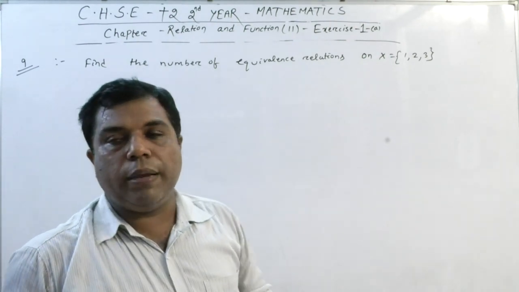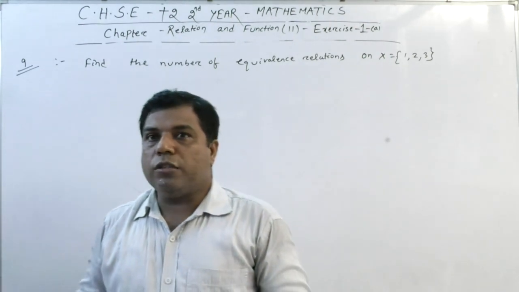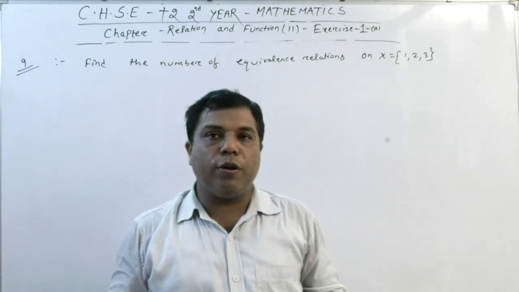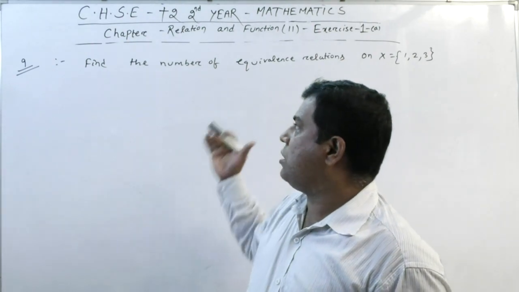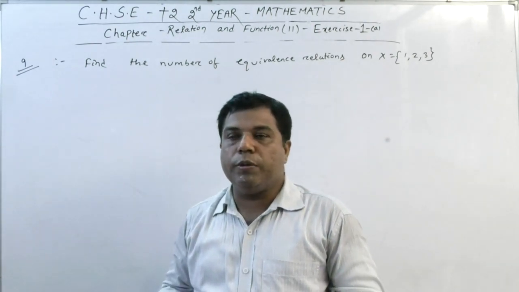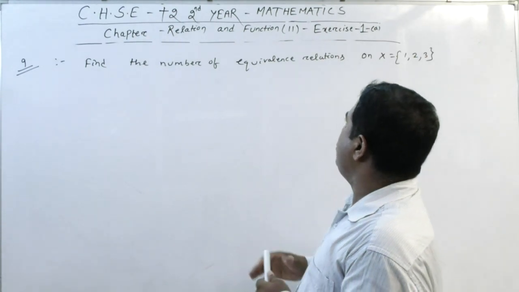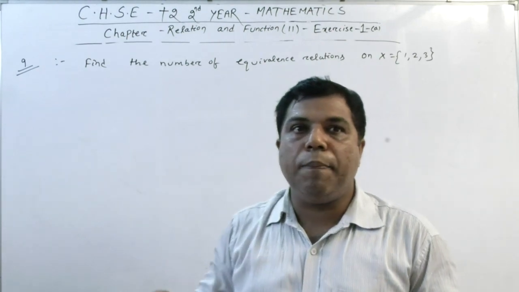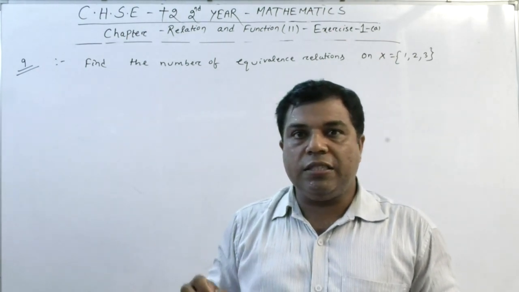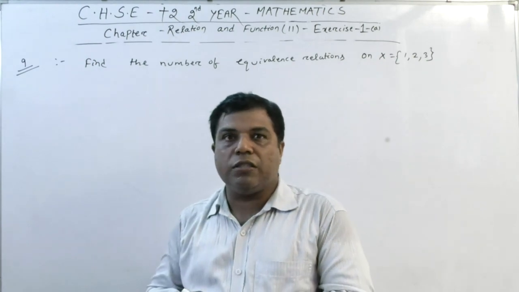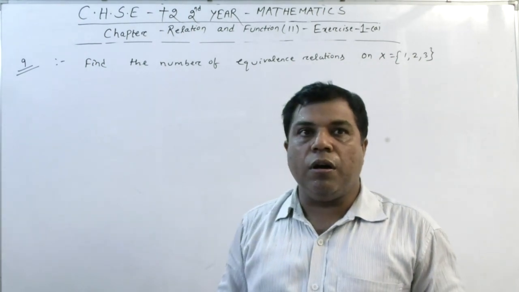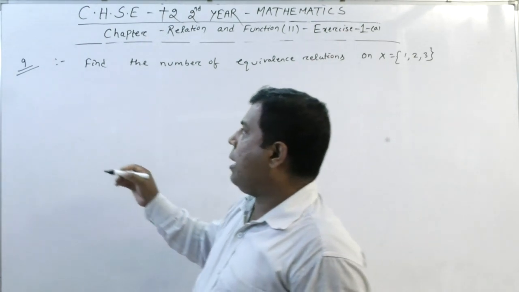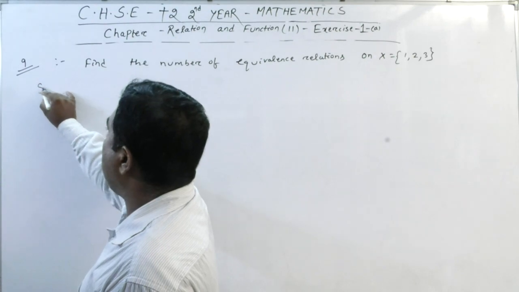Okay, my dear students, many students are confused while solving this question. So what should be the easy way that we can go for the solution of this question? If it is the given set, first of all try to find the partitions of the set. Okay, it is the easy way. So let us find the partitions of set X, and thereafter you are able to get the number of equivalence relations. Okay, so I am going for the solution. You see how we are going to the solution.